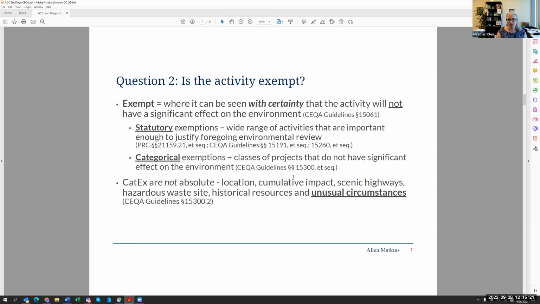There's also another one that sometimes comes up, called the common sense exemption. When I first started practicing 20 some odd years ago, lots of people tried to shove stuff in the common sense exemption. And then there was a bunch of case law and everybody walked away from it because it was really hard. It doesn't show any common sense. It has come back in a couple of places, especially in Northern California, I've learned from our colleagues up there, particularly for housing projects. So I'm curious to see as we move forward in the next 5 to 10 years and this housing crisis continues, whether or not more people try that option again.